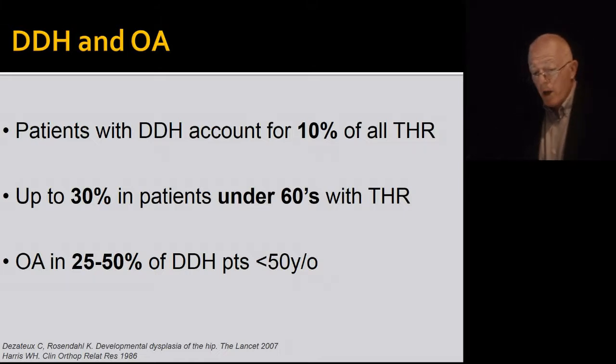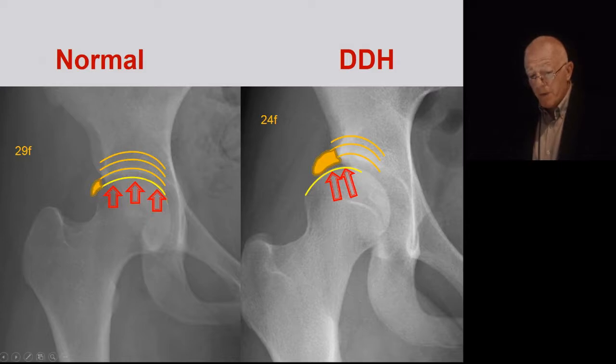So normally, we have a very nice and equal distribution of the loading forces between the femoral head and the acetabulum. But in developmental dysplasia, you see that there is not an equal distribution. The weight-bearing surface is quite smaller, and therefore, in the beginning, because of this asymmetric loading, we have a swelling of the labrum. That's the first reaction. This is very typical of developmental dysplasia of the hip, and later on, we have a torn labrum.